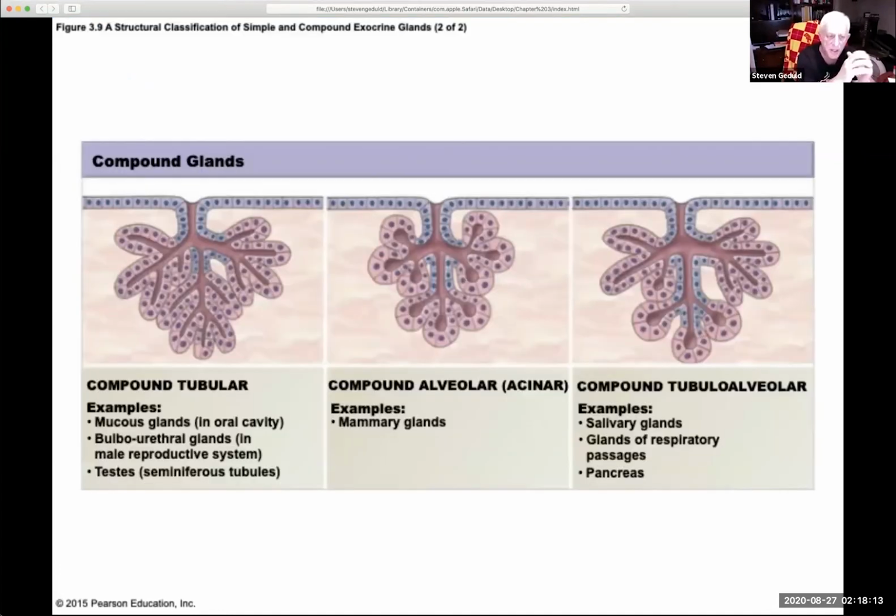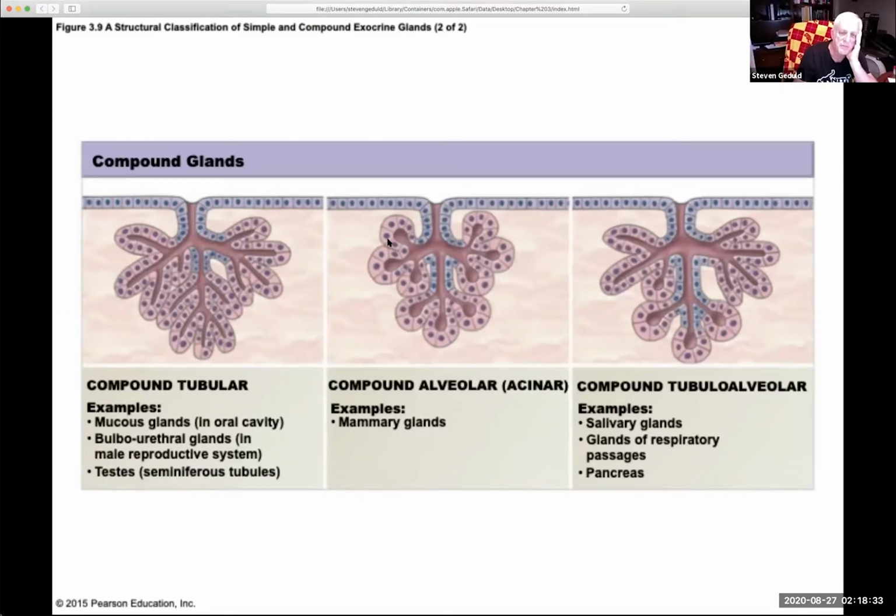These are compound. You see how each branch branches. That's the branch system. So this is a compound tubular. You see where the tube is advanced. You just come in and they end in a tube ending. Just a straight ending, no swelling at the end of it. And these are alveolar. You can see how they swell at each of these, and they look like an alveolus